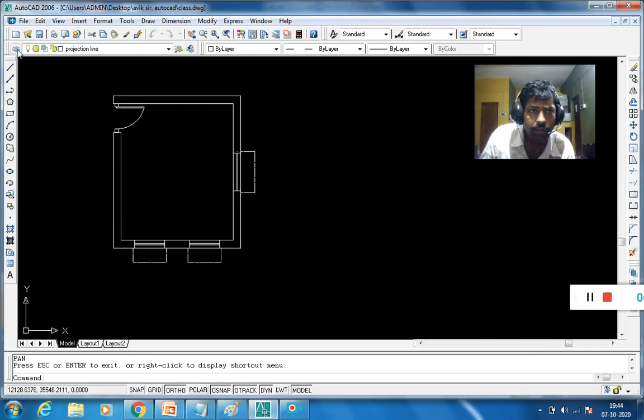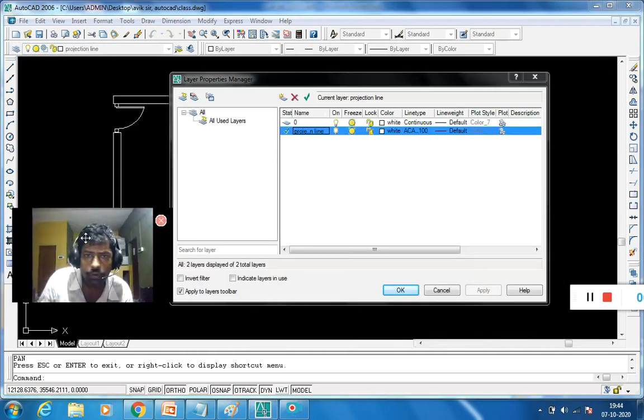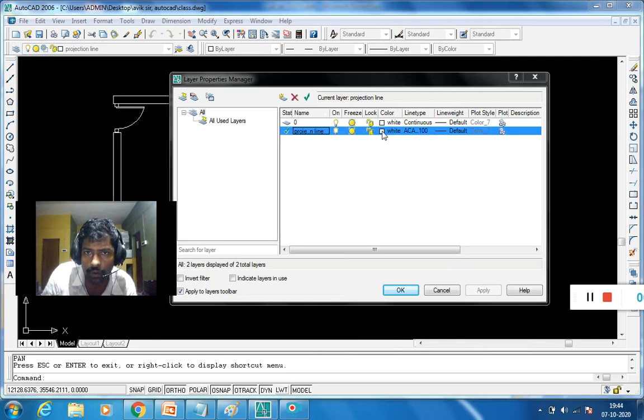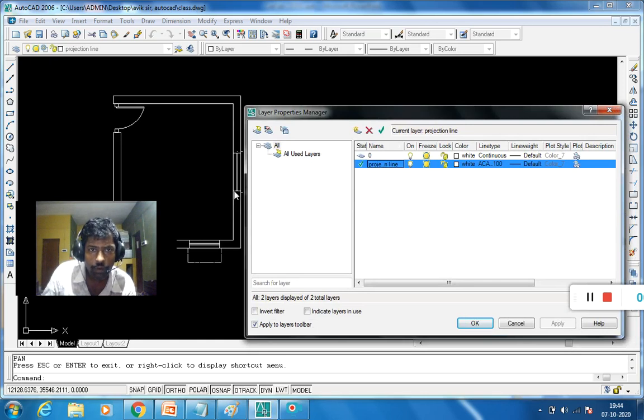I am going to change the color of the projection lines. So I click on color, and you see that in the layer option different options are available for a particular project. Generally the draftsman uses a number of layers to distinguish the different objects, like walls, windows, doors, and the chajja portions or the projection lines.